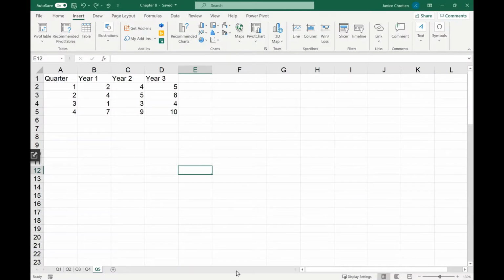Let's walk through this. We're going to completely reorganize this data because if you look at this, what you see is it's telling us our 4 quarters. So for quarter 1 of year 1, year 2, year 3, quarter 2, and so on and so forth. Here's what we're going to do. We're going to say quarter, and then we're going to say year,